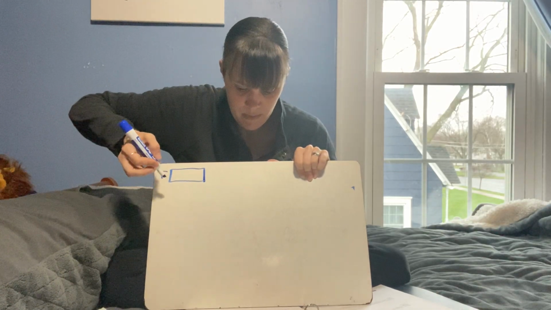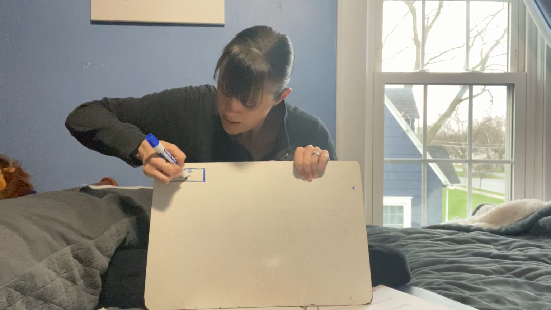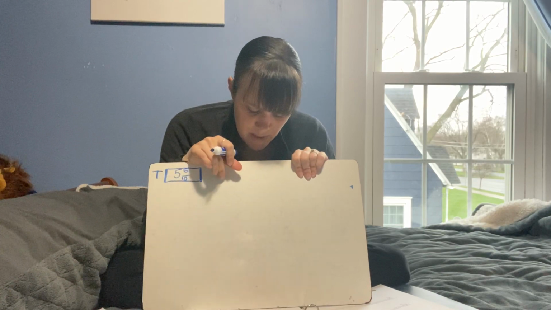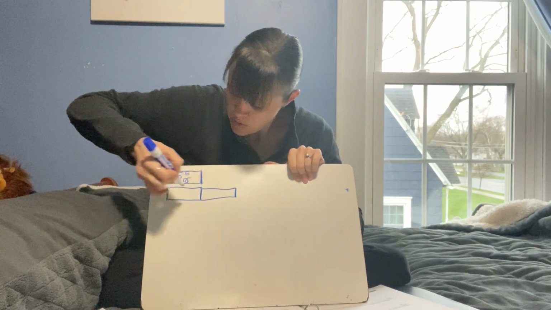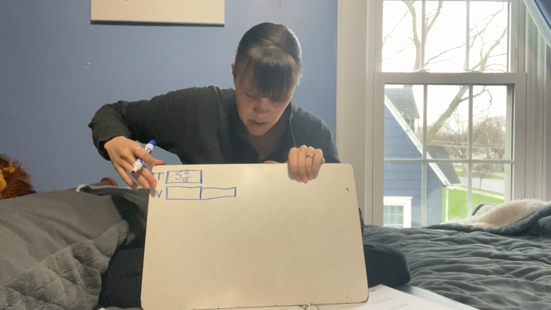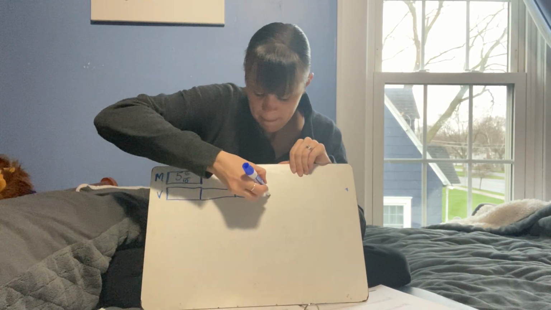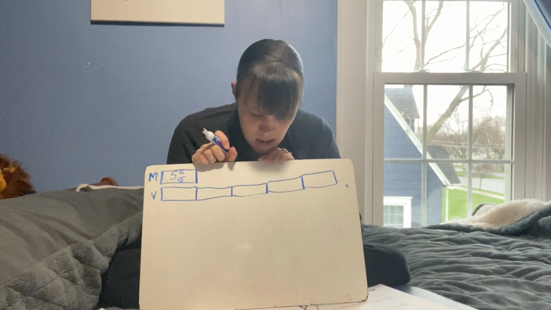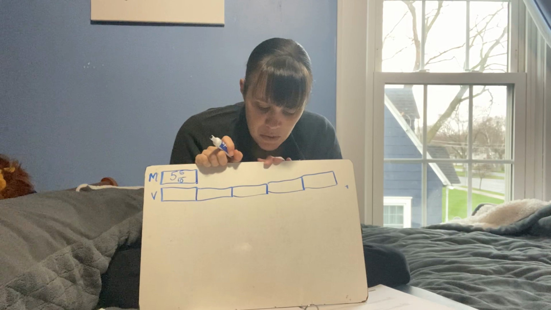His van needs 5 times as much gas to fill it. 1, 2, oh, so this is supposed to be motorcycle. 3, 4, 5. If Mr. Washington pays $3 per gallon for gas, how much will it cost him to fill both the motorcycle